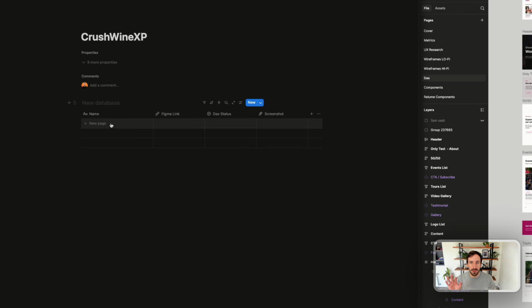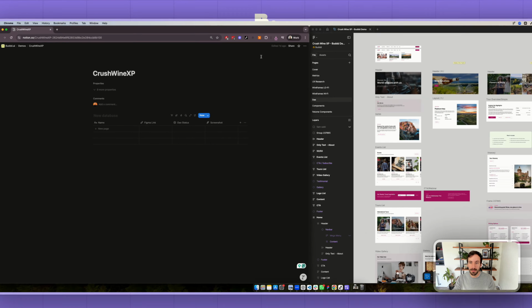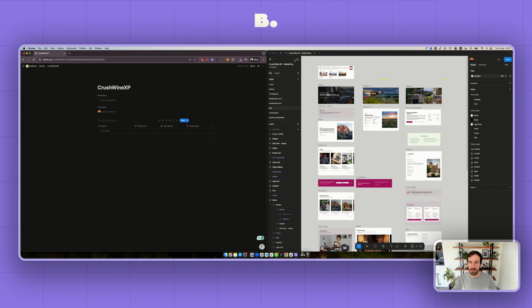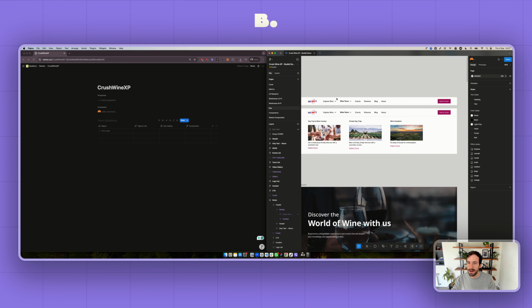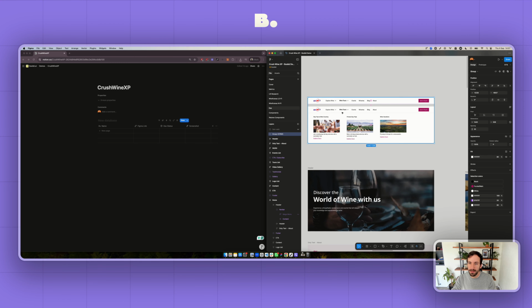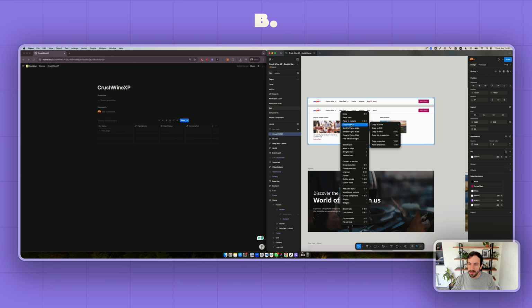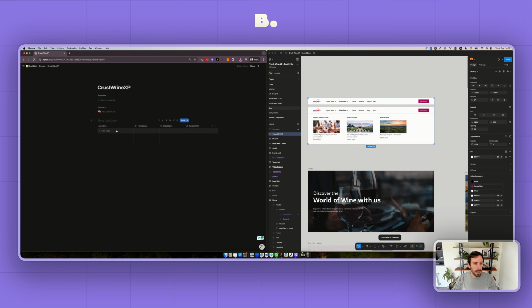So what I'll be doing now is start by grabbing each one of the blocks in Figma and putting them into Notion. So how do we go about that? Let's start with the navbar. We have the navbar, which we already grouped together, and what we need to do is right click, copy link to the selection. So we grab that link, and here we're gonna write navbar,